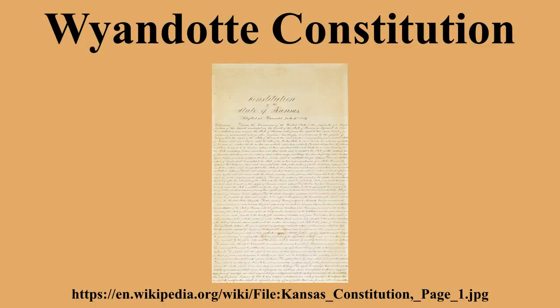The previous proposed state constitutions were the Topeka Constitution of 1855, the Lecompton Constitution of 1857 and the Leavenworth Constitution of 1858. Amended many times, the Wyandotte Constitution is still the Constitution of Kansas. "Slavery is prohibited. Sec. 6. There shall be no slavery in this state, and no involuntary servitude, except for the punishment of crime, whereof the party shall have been duly convicted."